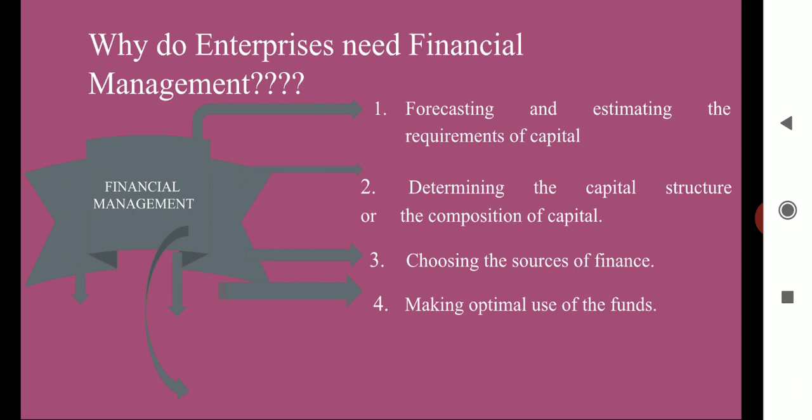The next need of financial management is administering the income of the business and its allocation. This is also one of the vital tasks of the financial manager, where he is expected to watch the performance of the business, which is measured considering the profitability and the ROI, that is, return on investment.